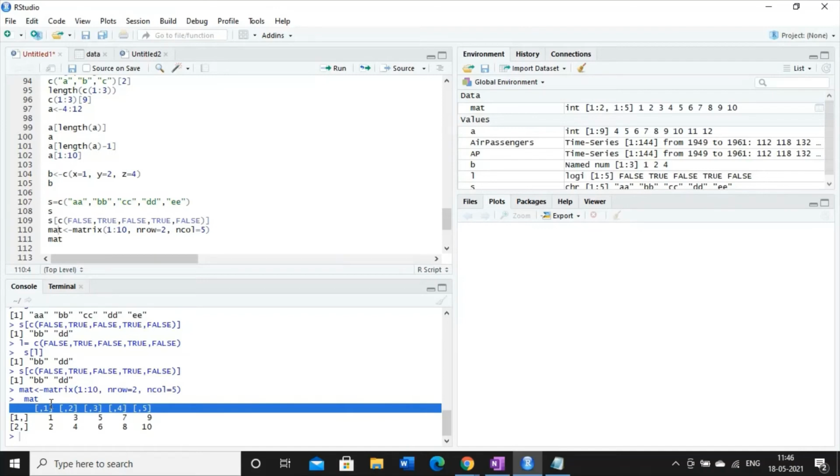This is the first point. Second, to show the columns, you can omit the first dimension. So omitting the first dimension means we are representing the column. Square bracket, comma 5 means I'm talking about the fifth column.